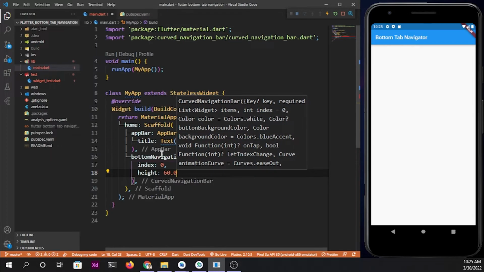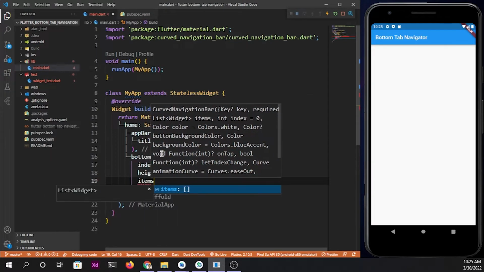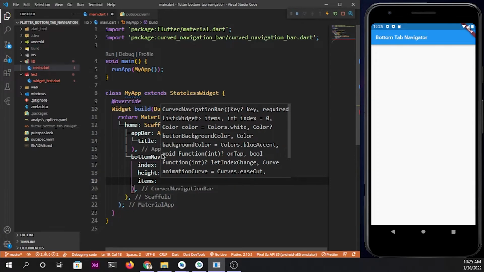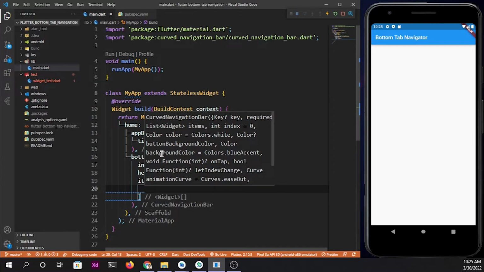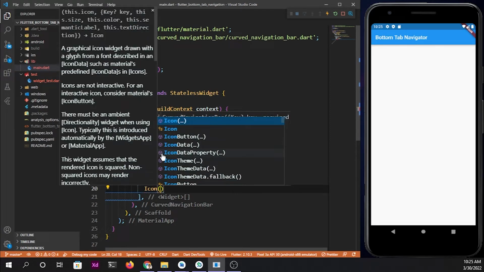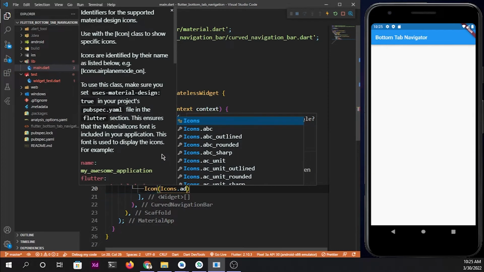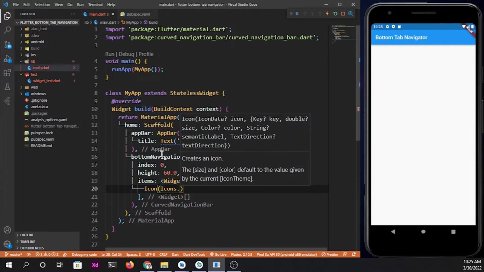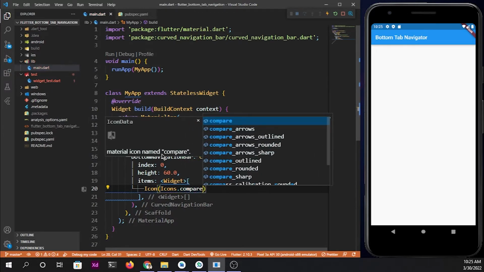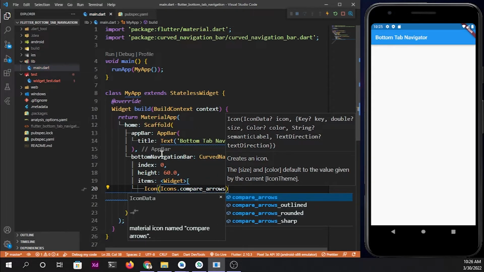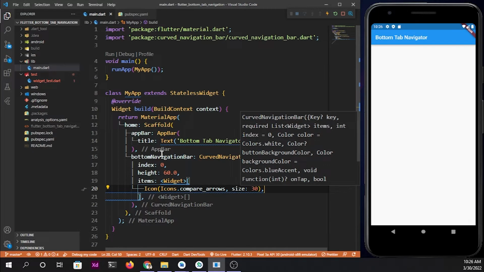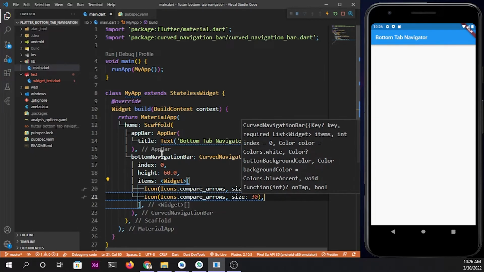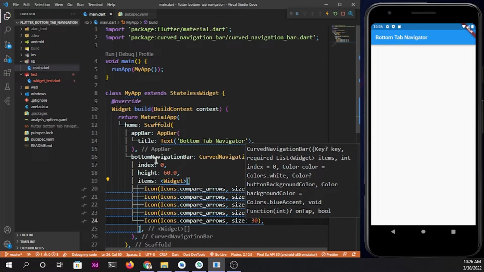We can even provide the height to our bottom tab navigator, depends on you. Now let me add the icons inside my items array. It is going to be a widget, so I'm using widget over here and we're having an array. In this array, I'm going to define my icons for my bottom tab navigator. So Icon, in that I'm going to specify Icons dot, the first icon is not going to be the add icon, let's go with compare_arrows icon. Great. And even you can specify the size of it. So I'm going to be keeping the size for all of the icons at 30, but for the add icon that is going to be in index number 2 is going to be having a size